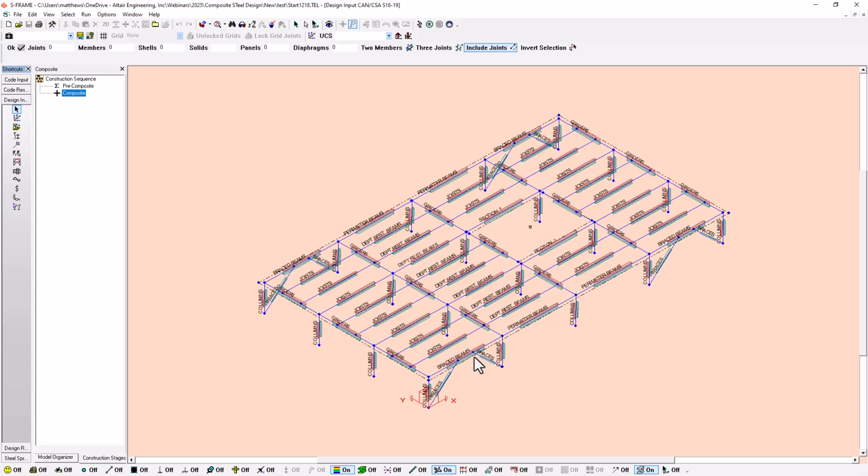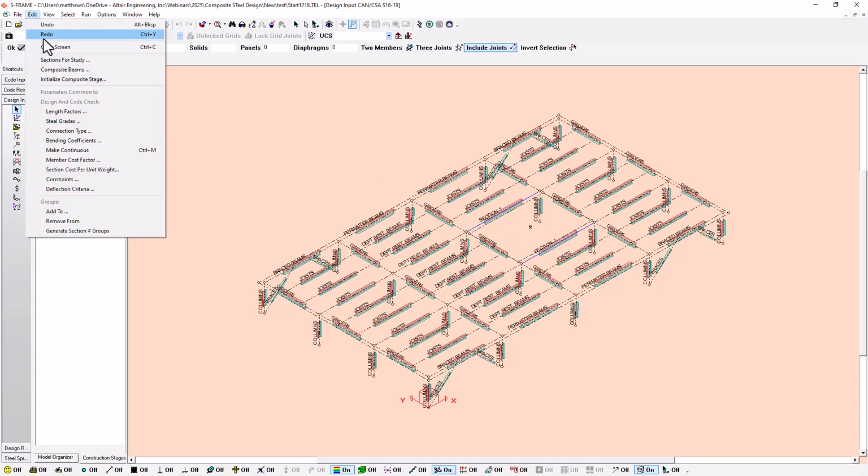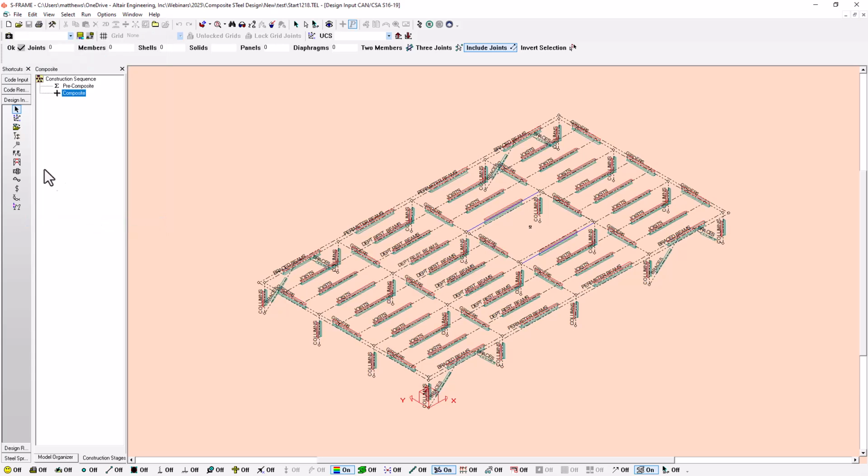Now I haven't actually set up every single design group yet. You'll notice here that I've got some for my joists, some for my depth restricted beams, my girders, and so on. I'm actually going to just modify this a little bit here, so I'll just unselect all, and I'm going to select just the edge beams here on the edge of my holes, and I'm going to remove them from this default group that it has put them in, and I'm going to use this define a subset for sections to study. Right click on this,